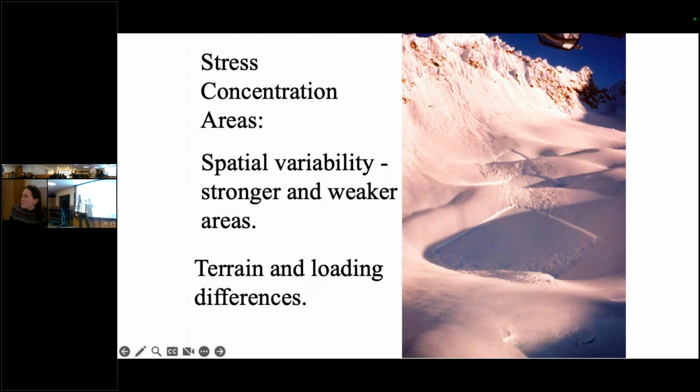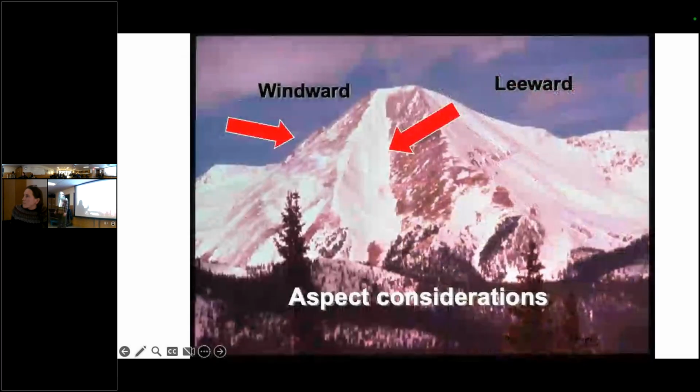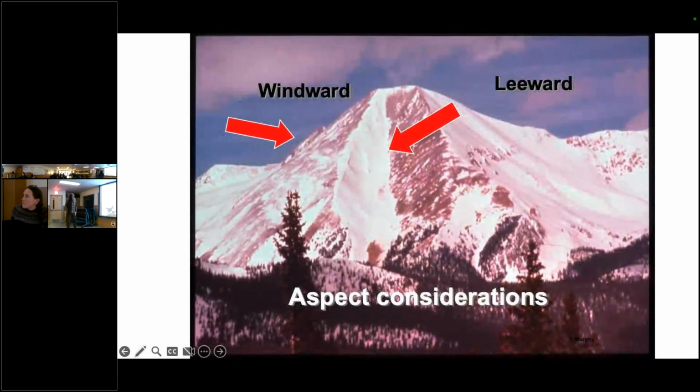They're all at the same orientation, they're all on a convex roll, versus nothing happening here. This is a good example of how wind affects different aspects. In this picture, the wind is blowing that way, stripping all the snow here. This is a depression, so the wind comes over that edge, eddies out, and drops all the snow right here.